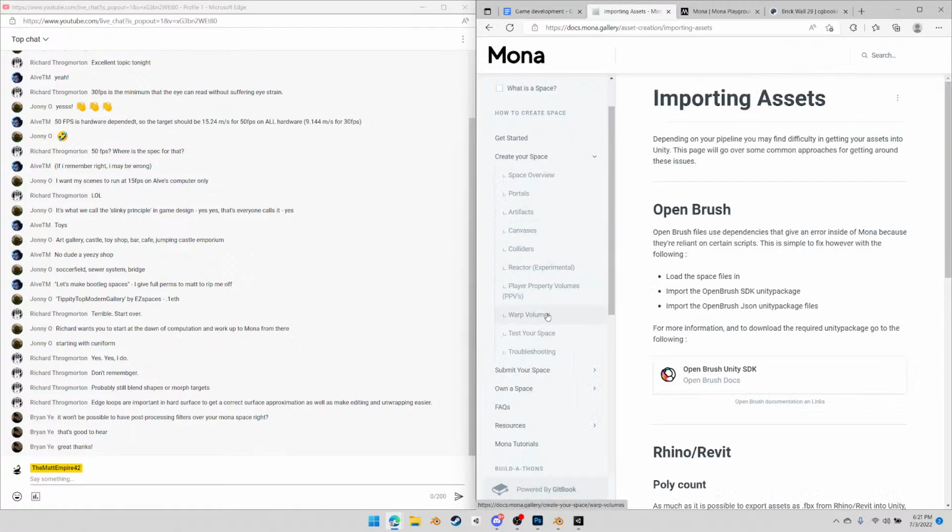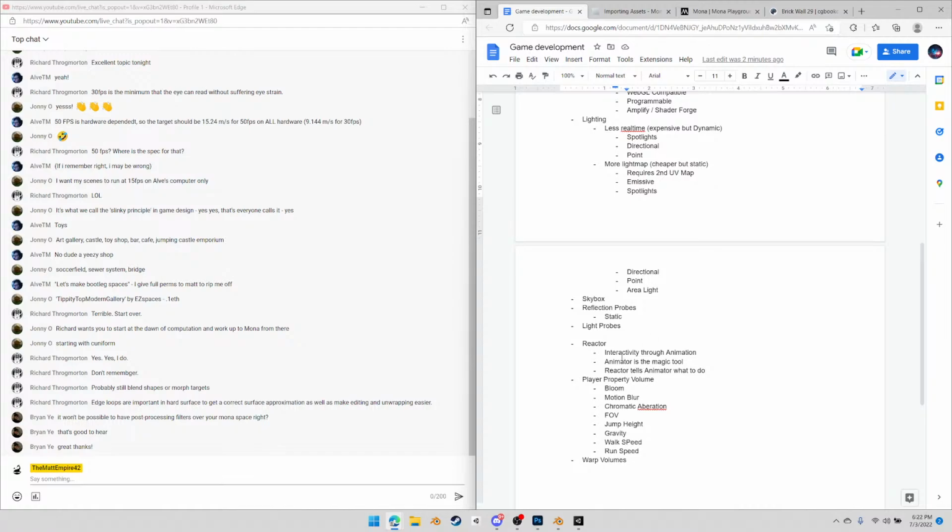Is there any other volumes? No, those are the 3. I guess we could actually put in the other ones as well. So portals will link to other minted spaces. Artifacts, I think, are very good for just hyperlinks in a space. Eventually, we'll be looking at being able to modify them and take them out and stuff like that. But I personally like to think of them more as hyperlinks at the moment until that functionality gets added. So basically, an artifact can link to any website. And then, of course, canvases,